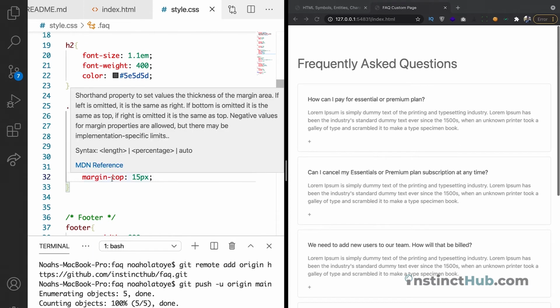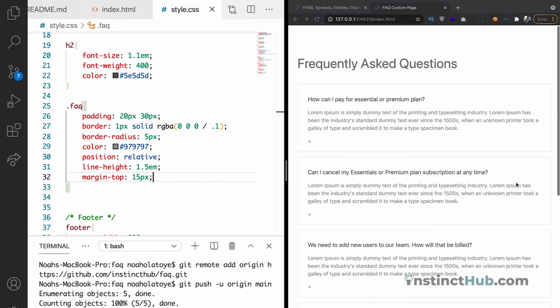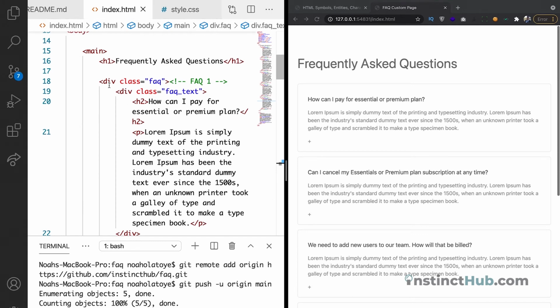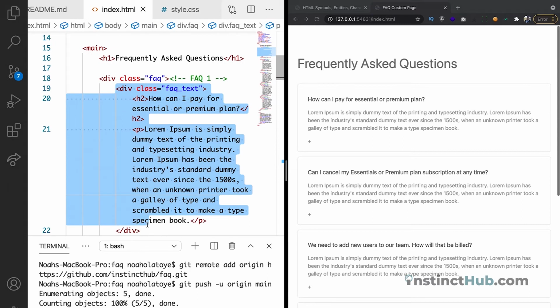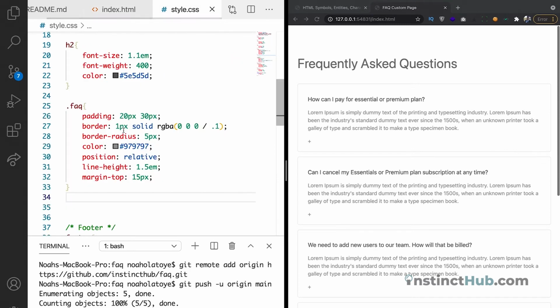The next thing we need to target is the text. We don't want the text to come to the end because we need to put our button. So let's make the text width around 80%. To do that, we just target this very div that is wrapping the text. So to come there, we're just going to say